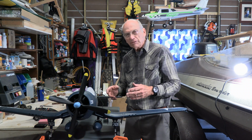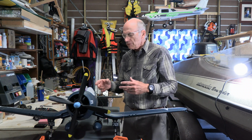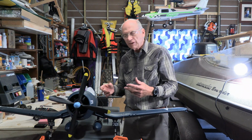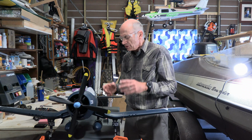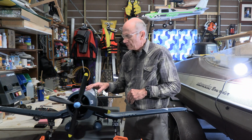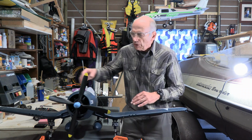But I thought I'd just investigate a bit as to what sort of power, what sort of thrust it's generating, what sort of amperage it's drawing and all of that, just to get a feel for where it's at. So we'll be testing this plane today for the thrust. We'll also be